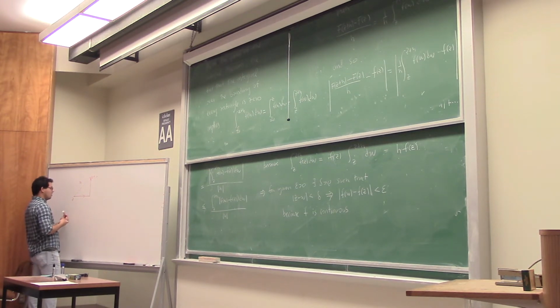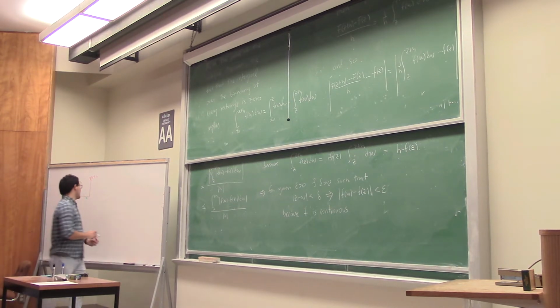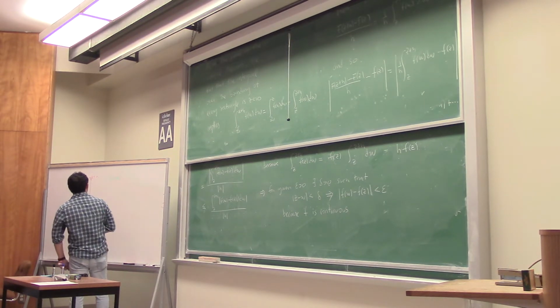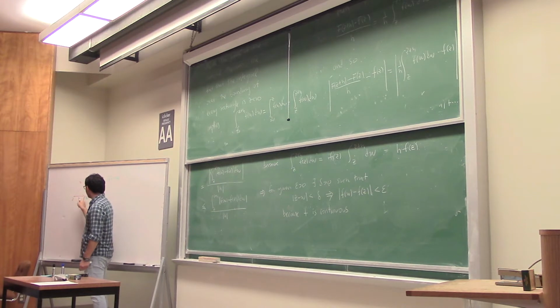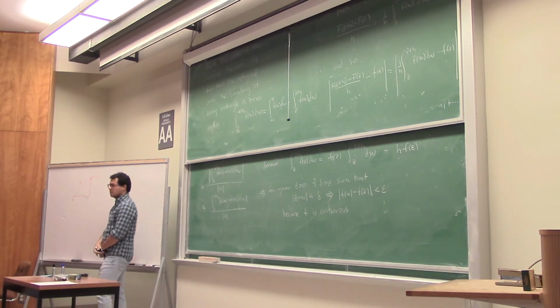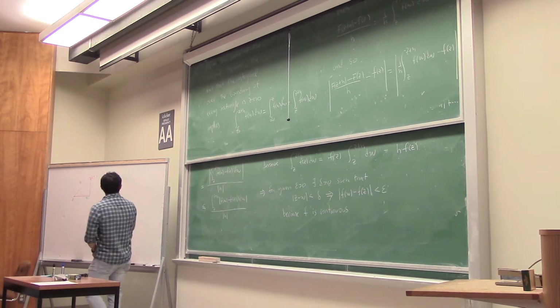So the w's are all here. That's what the w's are. And then what is the difference between z and w? The modulus, the distance between z and w, cannot be more than h. If it's here, it's at most that distance, which is smaller than h. And if it's here, each of those ones have distance more than h. So the distance of this guy is less or equal than the magnitude of h. So the distance between c and w is equal to the magnitude of h for all